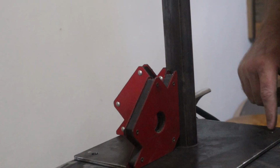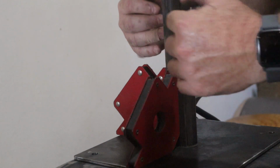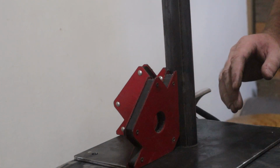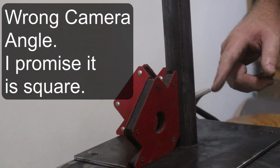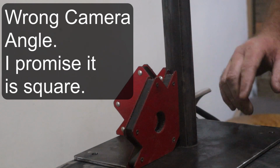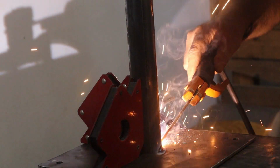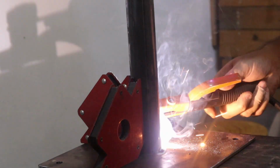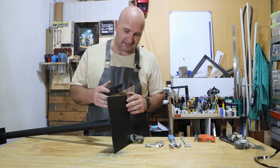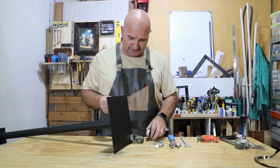All right, I drilled the holes in the base plate. I've got 2 magnets set up at 90 degrees, and I checked it with the right angle. It's perfectly level, so now I'm going to quickly weld this one, and then the bottom part will be done except for the wheels. The welding is all done. I quickly spray painted it. And now I'm just quickly putting the wheels on,